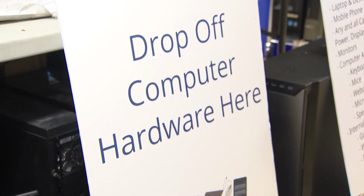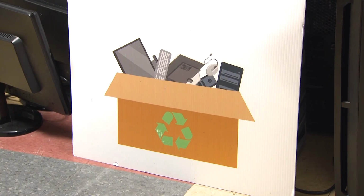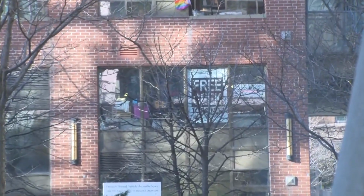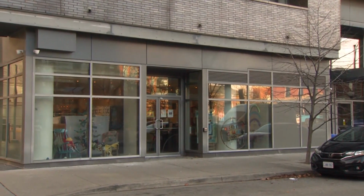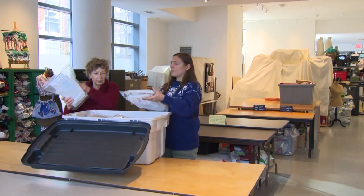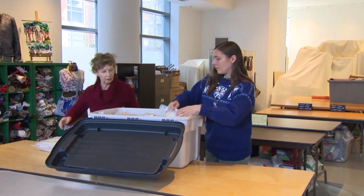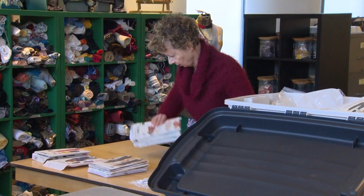Last year, the City of Toronto collected and processed 684 tons of electronic waste. Here in Parkdale, there are two organizations working together to encourage zero-waste habits through reusing. Located right across from Free Geek Toronto is Creative Reuse Toronto, a resource center for learning about all things sustainability. They collaborate by directing people with tech needs to Free Geek Toronto and people with sustainability questions to Creative Reuse